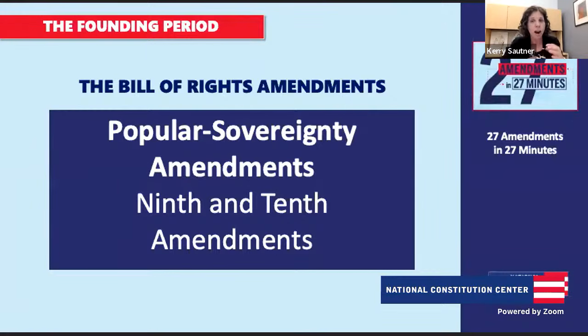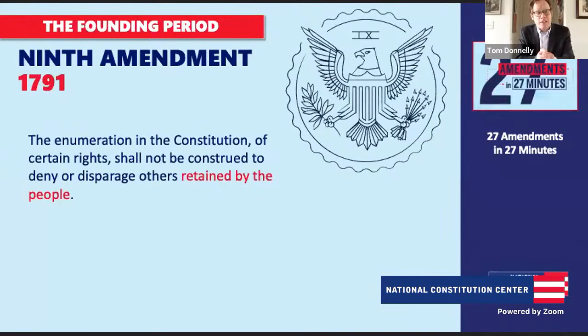Now, the next two, I always think of as the catch-all amendments, the 9th and 10th Amendments of the Bill of Rights, popular sovereignty and states' rights. Yes, popular sovereignty means power being rooted in we the people. And the 9th Amendment is interpreted by many scholars to write certain natural rights in the Constitution. So it's meant as a cautionary note of sorts, where it tells us that just because there are certain rights that are not included in the Bill of Rights doesn't mean that you don't have them. It goes to the idea that the rights that we as a people have are way broader than you could ever put on a piece of paper.